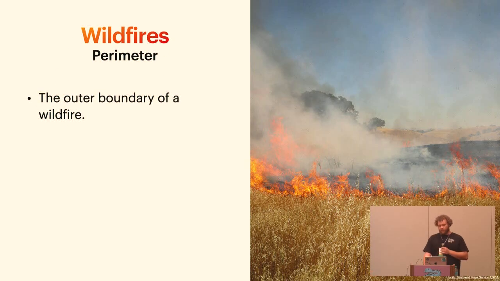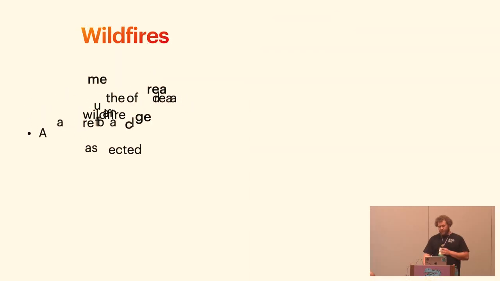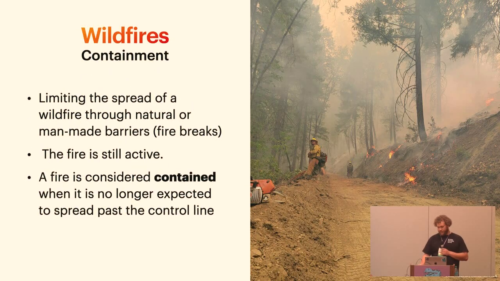The first one we'll talk about is a perimeter. I think this one's probably the simplest. It's just the outer boundary of a wildfire. Then you have an acreage. I think this one also is not too bad. It's just the land area affected by a wildfire. But the one I'm about to go to is the other one that I think gets a big